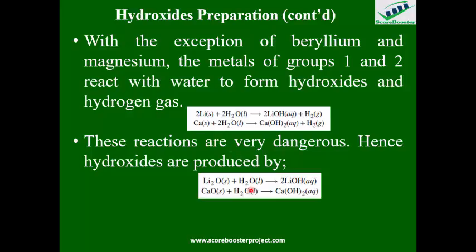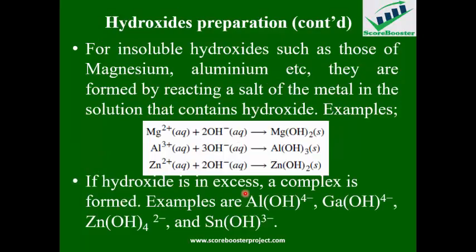Then the other one, I talk about how to passivate, or how to eliminate the severity of a reaction. That is when we use the oxide of the metal, then reacting with water to form hydroxide. That is, the oxygen will have passivated the surface of this, so as to prevent the explosion in these reactions. This is for insoluble. This is magnesium salt, magnesium nitrate, can be magnesium sulfate. This aluminium salt. This is a solution that contains the hydroxide,